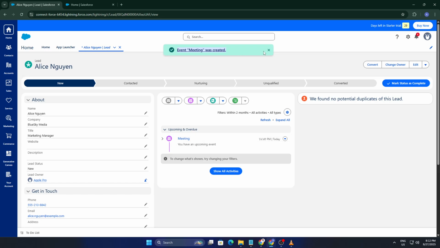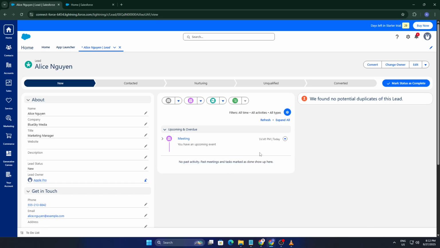And that's it. Creating events in Salesforce Lightning is straightforward, but it's a feature that can significantly improve your productivity and client relationship management. By following these steps, you'll be able to make the most of Salesforce's capabilities and stay